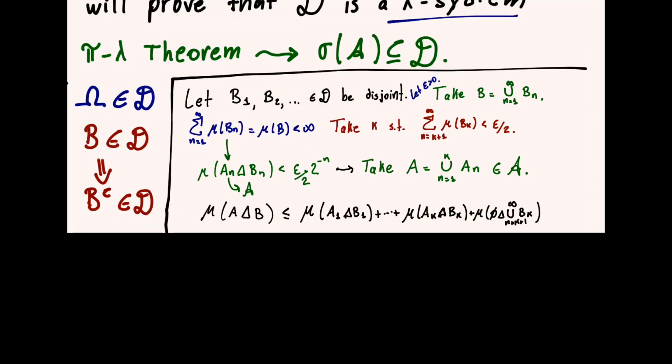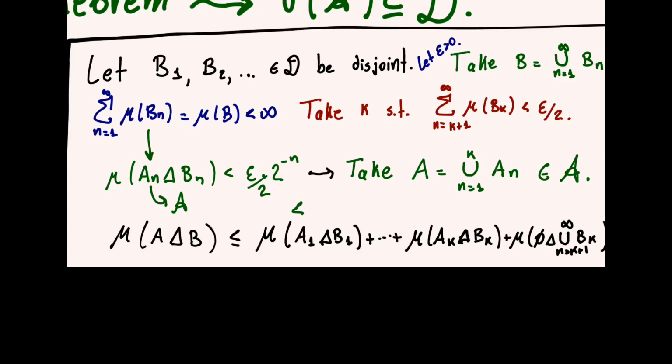And now coming back here, what is A? Well, we defined A as being the union of A1, A2, A3 up to Ak, and we can after that add the empty set just to be complete. And what is B? B is the infinite union of all the Bn's. We can just make them match, make them correspond one by one, and bound this from above by first the measure of the symmetric difference between A1 and B1, and keep going until Ak and Bk, and to complete, put here the empty set and then the remaining terms in this sequence Bk.